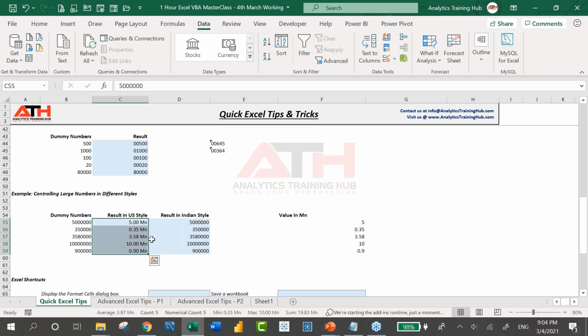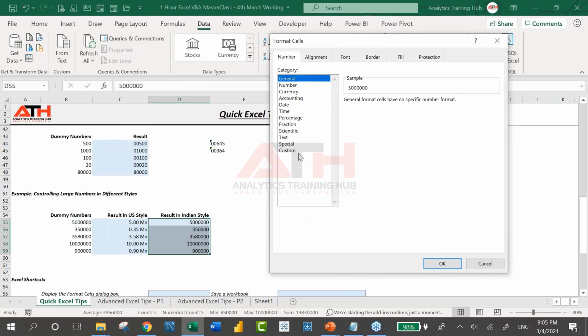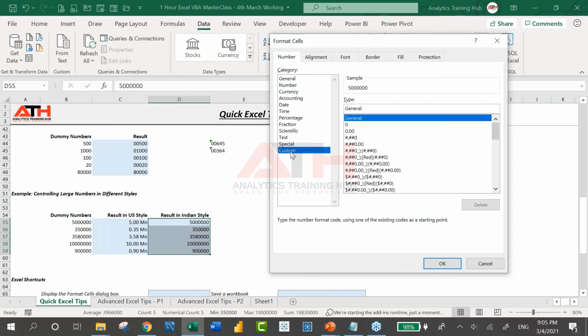Right now, here we are controlling the large numbers in US style. If you wish to do it in Indian style, it is a bit complicated, but once you understand, it will be easier for you. In Indian style we go with 1,000, lakhs, crores.